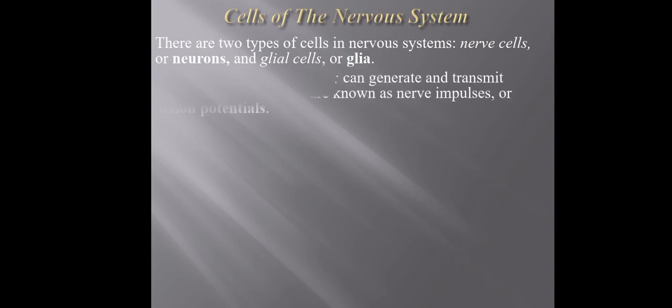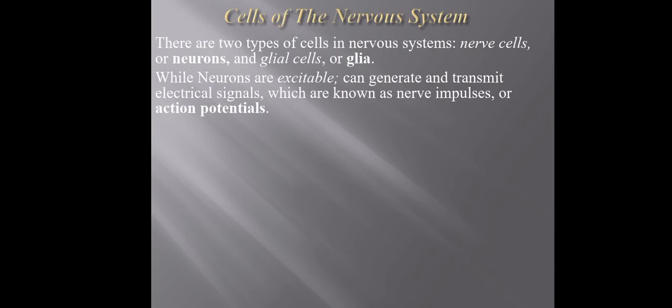Cells of the nervous system. Usually, there are two categories of cells in the nervous system. Number one is the nerve cell or neurons, and the second is the glial cell or